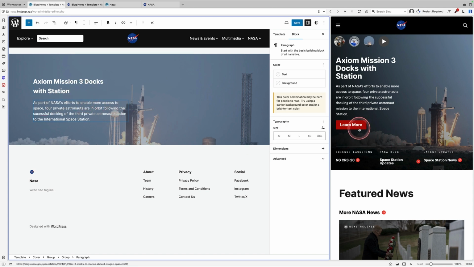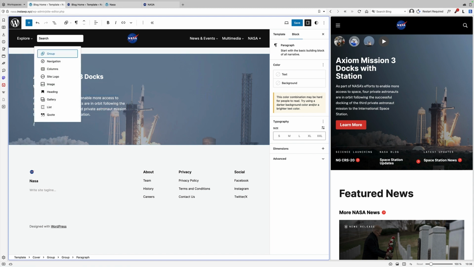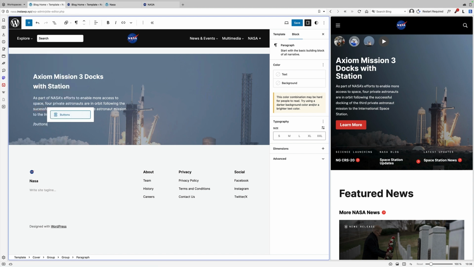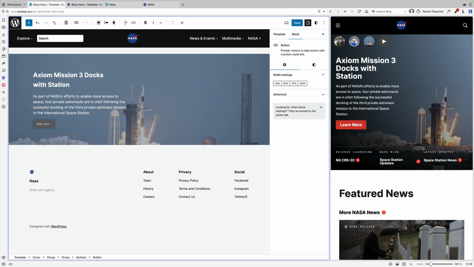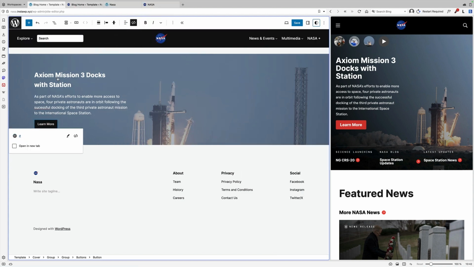Now I just need to add this button block underneath my text paragraph. So I'm going to hit return. A good tip for you as well is a shortcut to add blocks. You can type / and then the name of the block you want to add. So in this case, buttons, and then my text. I'm going to show you how you style this button in a second. To link that button, you just click on it and come up here to the top, and there's your little link icon.